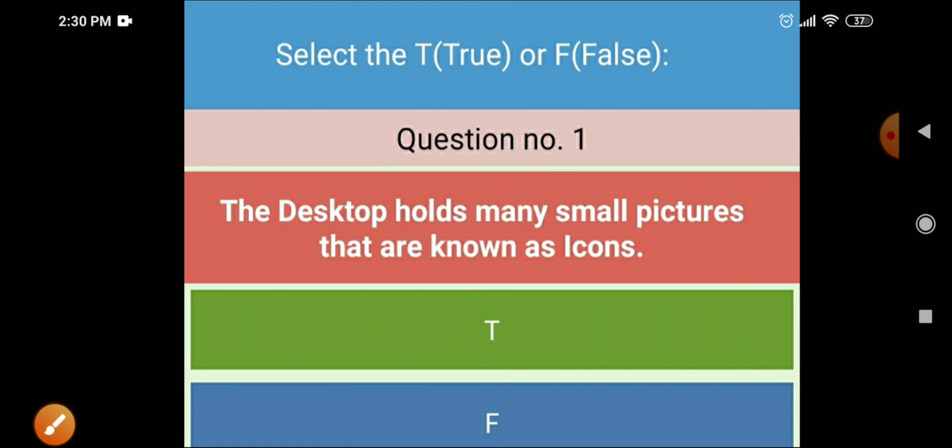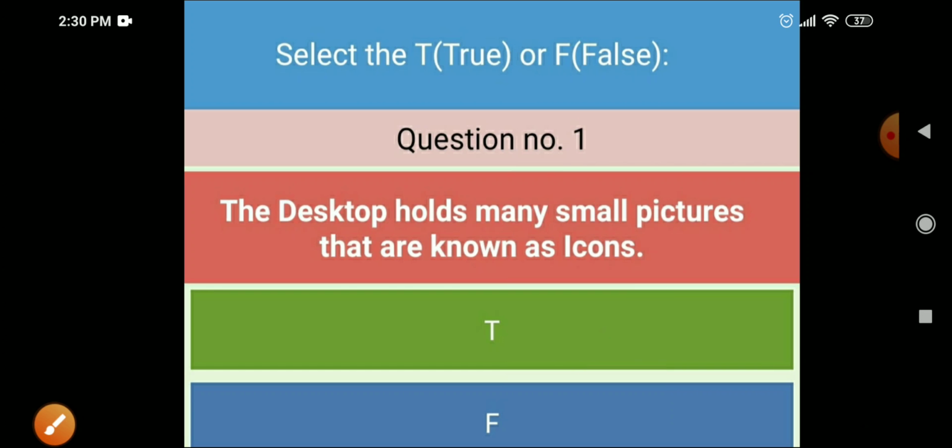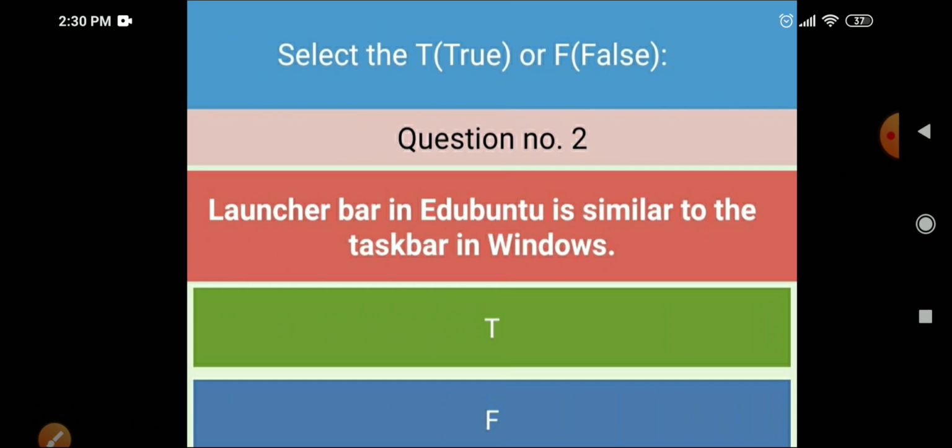Next is true false. First true false: the desktop holds many small pictures that are known as icons. So it is true. Small pictures with a label are called icons. Next: the launcher bar in Ubuntu is similar to the taskbar in Windows.